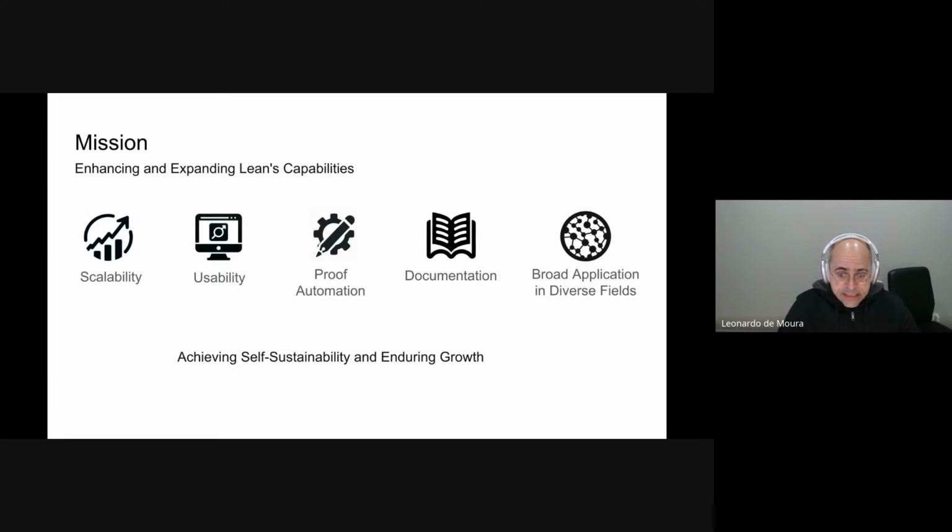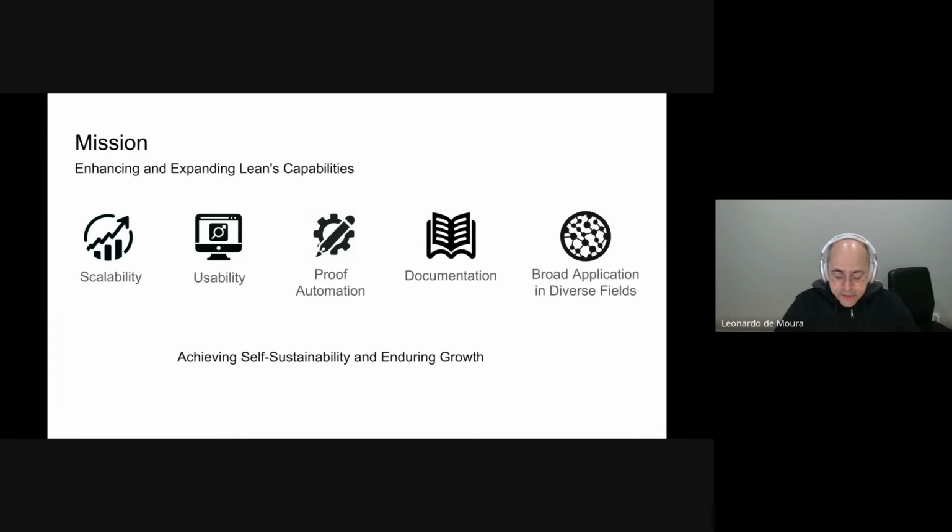And we want to support many different applications: software verification, hardware verification, formal mathematics, software development, AI for math, and so on. And one goal for these 5 years is to achieve self-sustainability. You may ask, what does that mean? Well, after 5 years, we will transition to a foundation model. That's the goal.